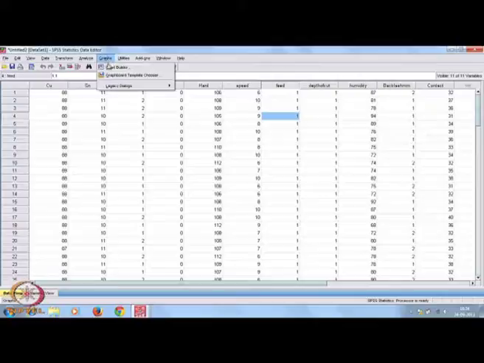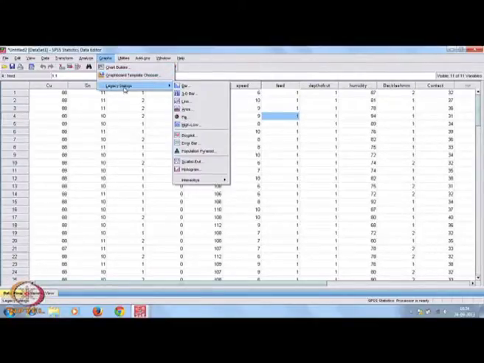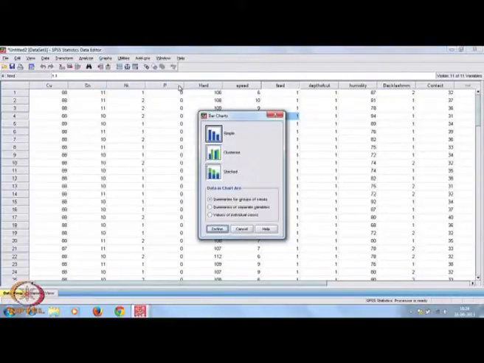There are Chart Builder and some templates, but we will go by the Legacy Dialogs. Here, for example, you choose bar chart. You can choose simple, cluster, stacked. Let us choose the first one: summaries for groups of cases, summaries of separate variables, values of individual cases. The first one you take.